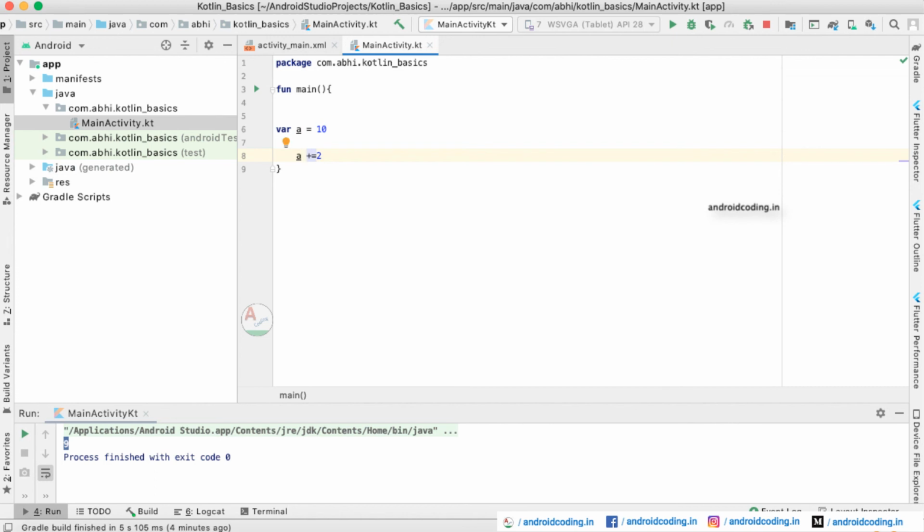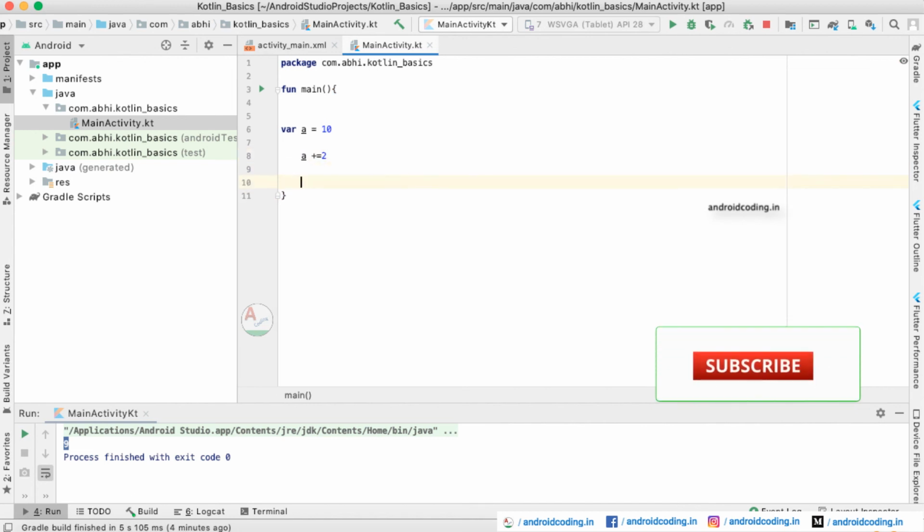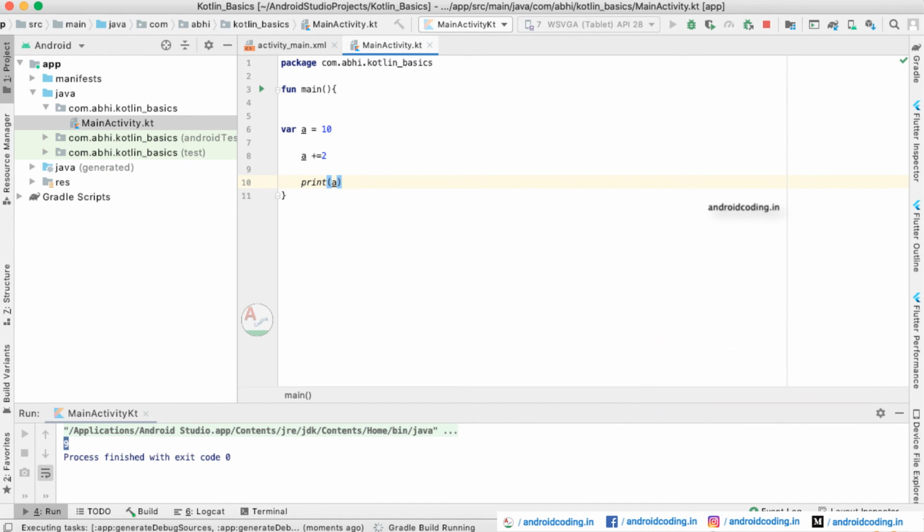Now try to print the value of variable a here. You can see we will be getting 12 as output. Yes, we got 12 because the actual value is 10, and we are trying to assign it by plus 2 here.